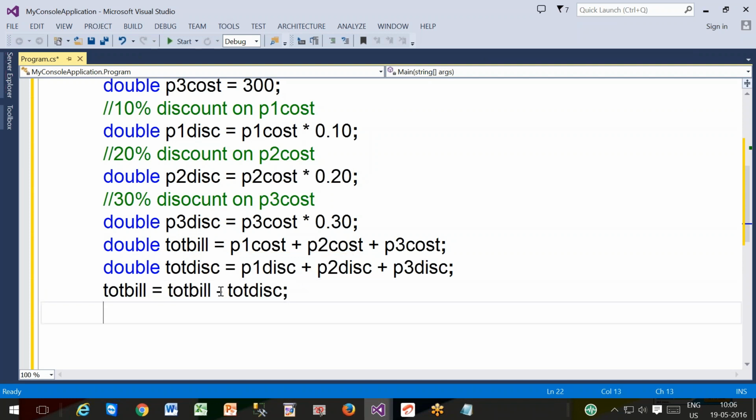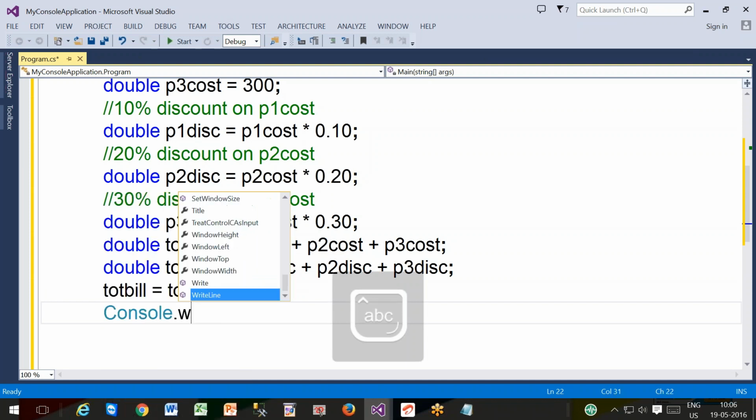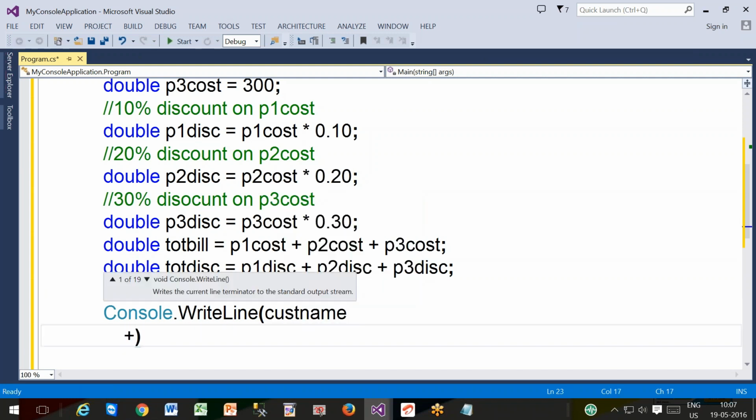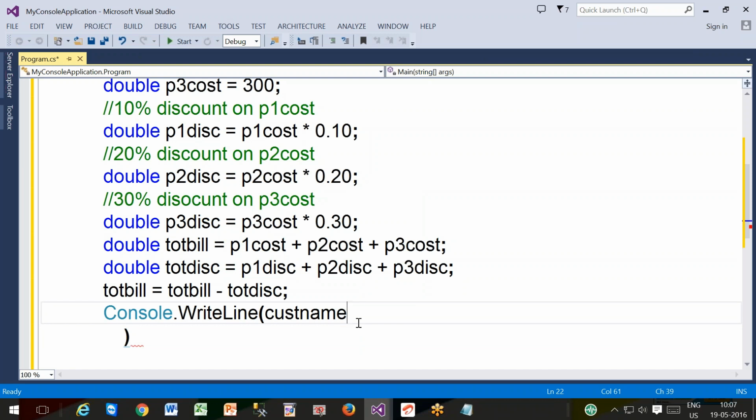Now, console dot write line: total bill is this. Console dot write line, name: console dot write line customer name, customer name plus customer name plus